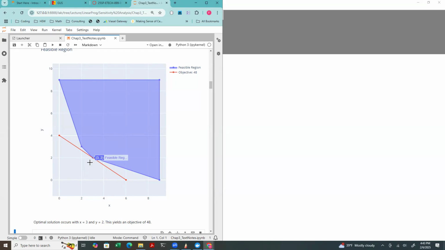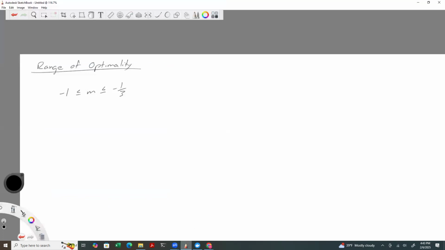And so now we just need to flesh out that idea a little bit. So to do that, let's come back over here. I'm saying, okay, the slope has to be between negative 1 and negative 1/3. Those are the slopes of the binding constraints. But when I think of slope, what do I think of? Well, I think of it as a rise over a run. And to make that a little clearer with respect to what we've got going here, I've got some objective function